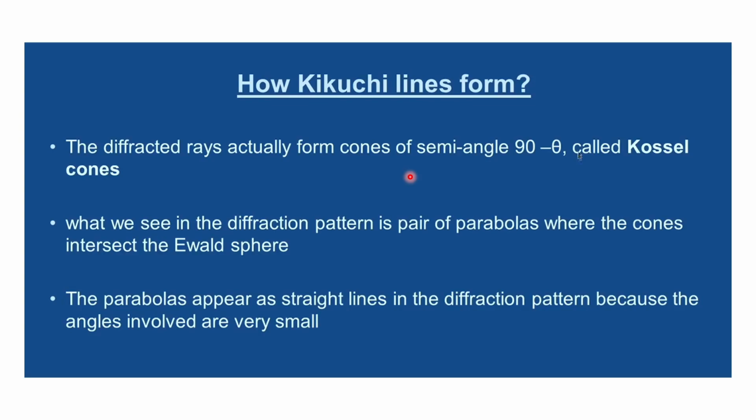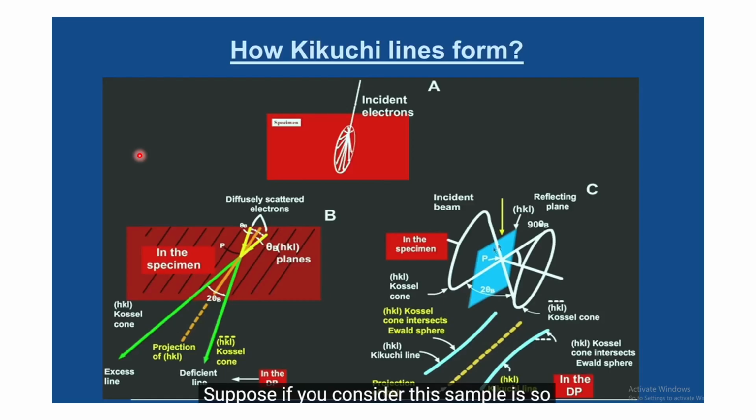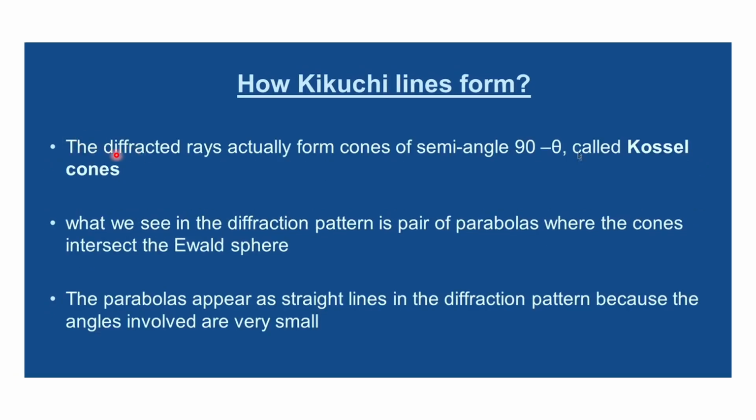So how are these Kikuchi lines basically formed? The diffracted rays form a cone kind of structure, and when this cone interacts with the Ewald sphere, it will form a straight line. So the diffracted rays